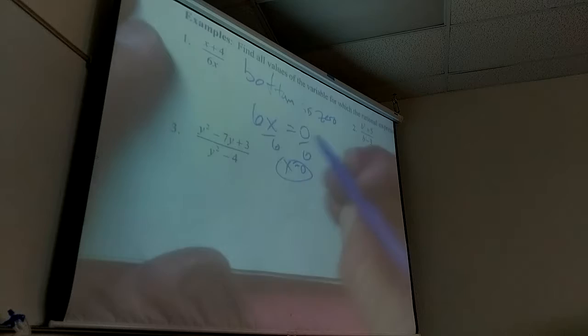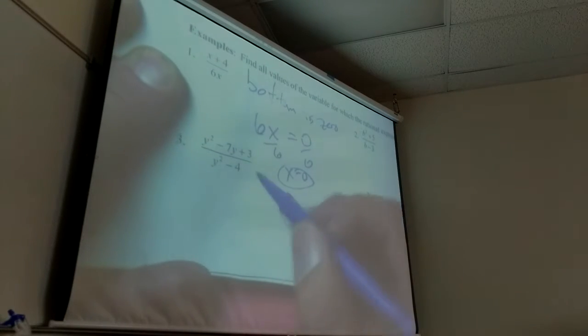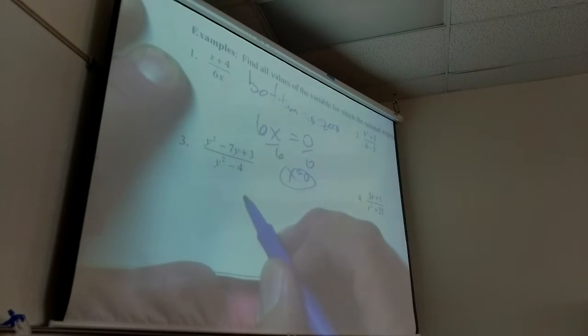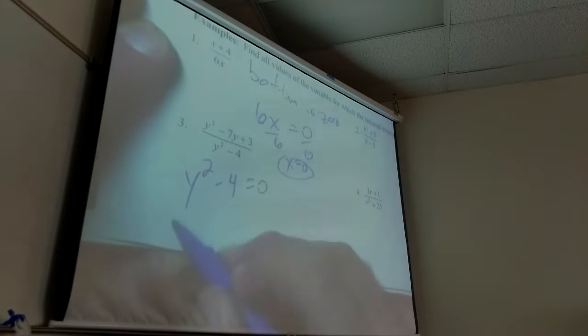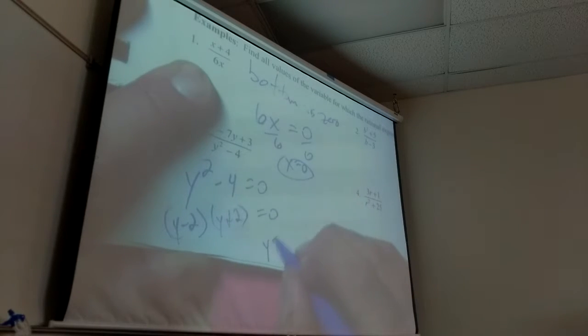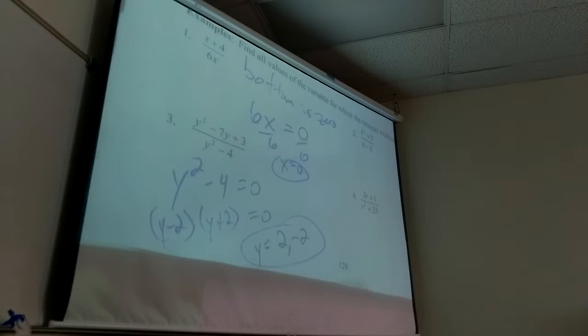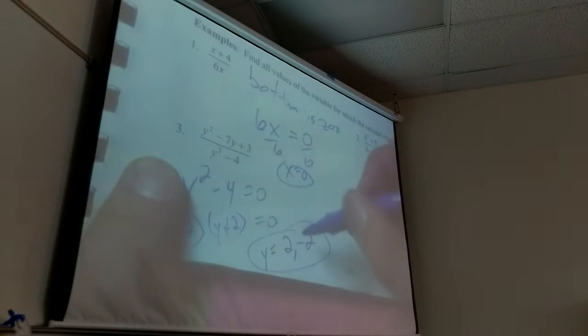So again, what has to happen in order for this to be undefined? What must be true? The bottom has to be 0. How do I solve this? Factor. What do I get? So what are the 2 answers? Those 2 numbers do what? Make the bottom 0. So to be honest, the way the question is asked, this is the answer, but in